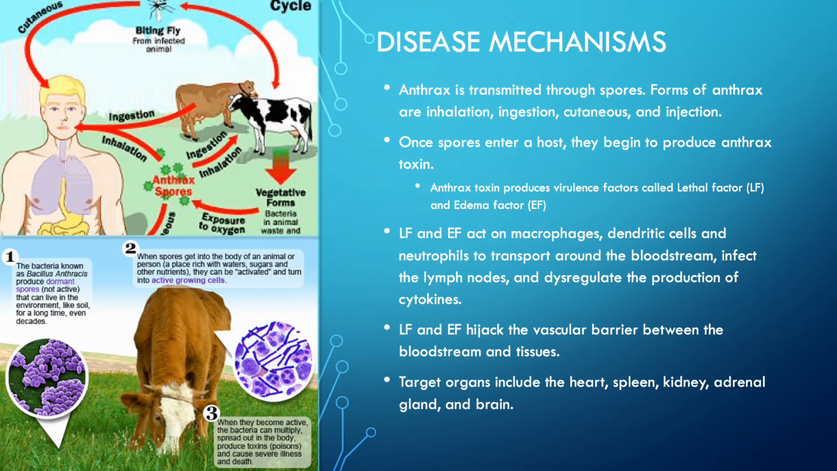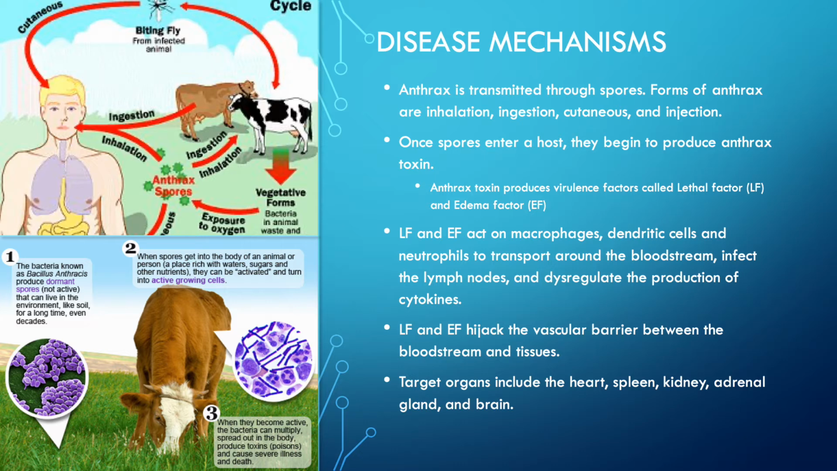Anthrax toxin produces two essential virulence factors called lethal factor and edema factor, and they act during two distinct phases of anthrax infection. During the prodromal phase, which is the asymptomatic phase of the infection, these toxins act on the macrophages, dendritic cells, and neutrophils of the immune system that will engulf and transport the bacterial spores from the site of infection to the lymph nodes, altering their migratory behavior, inducing their cell death, and dysregulating their production of immune